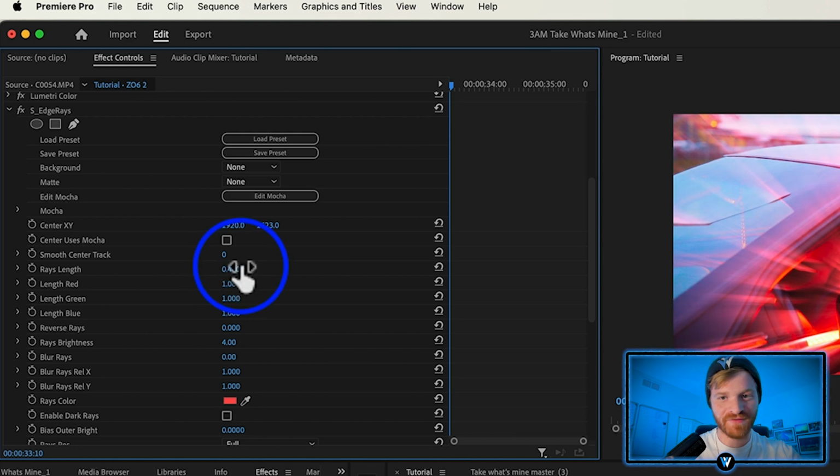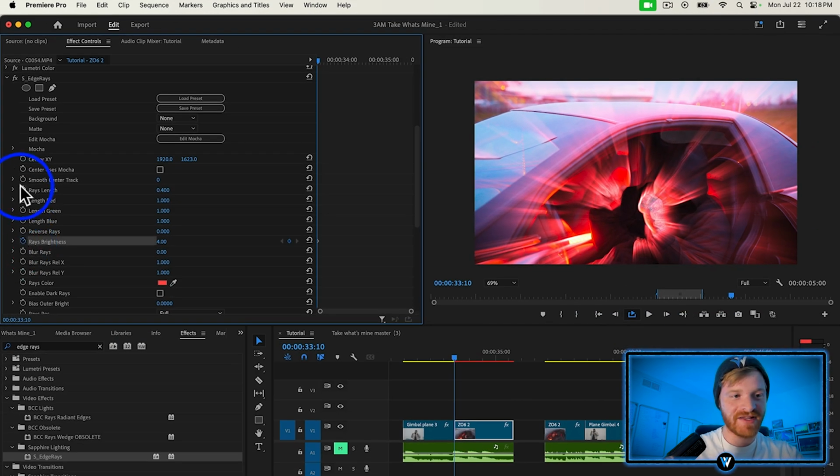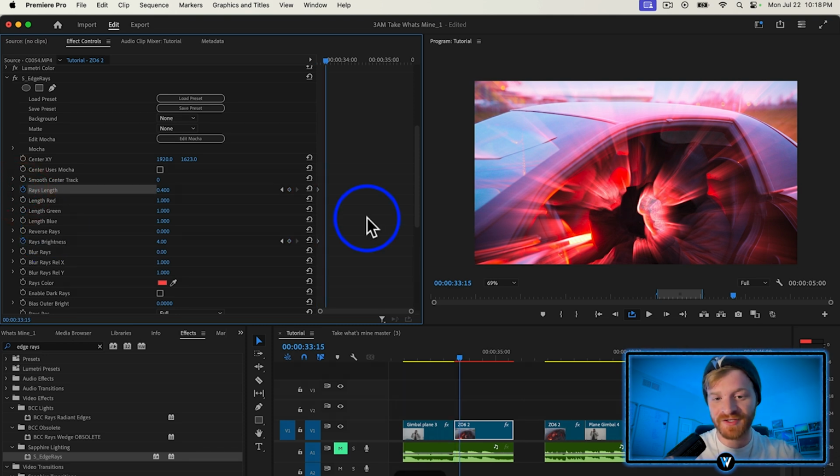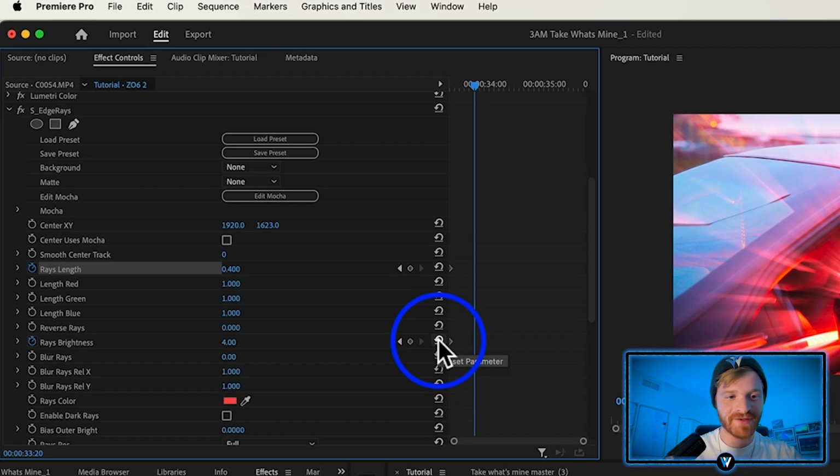Let's just go to like a 0.4. Keyframe the ray brightness. We're going to keyframe the ray length. Now we're going to go 10 frames to the right. So I'm just gonna hold shift and hit my right arrow key twice. 1, 2. So now we're 10 frames farther into this clip, and I'm just going to reset the ray brightness